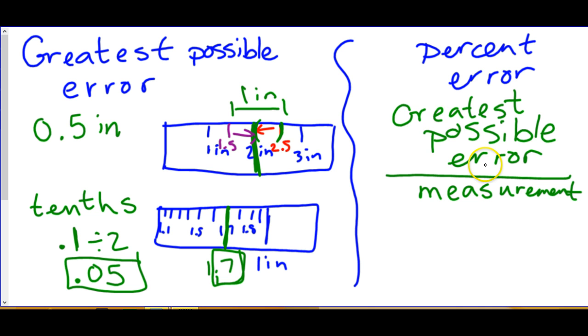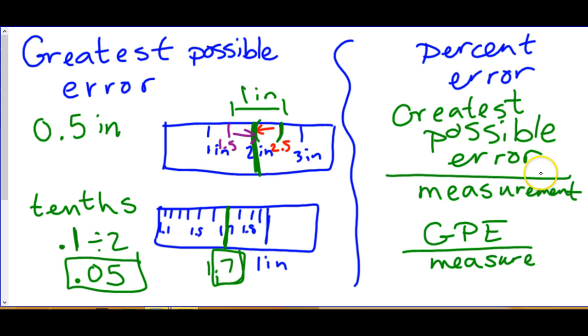The greatest possible error should all just be the top of that fraction. I'm going to use an abbreviation, because I can't write out the greatest possible error in that space. So percent error,